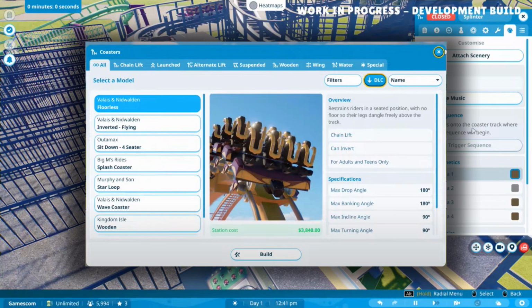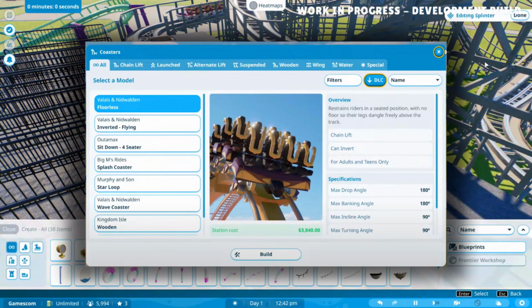Suspended, wooden, wing, water, and special. So special and alternative lift has my attention here, because what could alternate lift mean? When taking a look at the list of roller coasters we have, immediately there's a detail that was actually quite